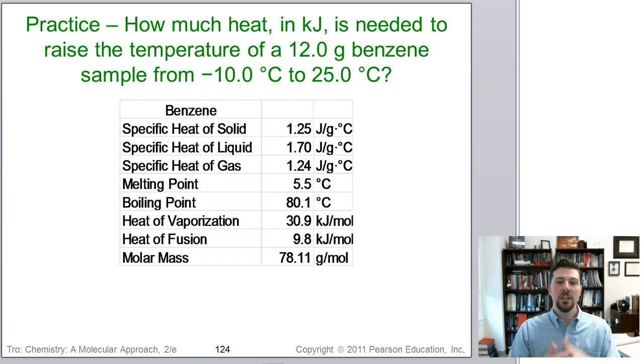So let's practice on a different kind of substance. Here we've got benzene. How much heat in kilojoules is needed to raise the temperature of 12 grams of benzene from minus 10 to 25? Now, since we're not working with water, we're going to have to go look up all the important values,